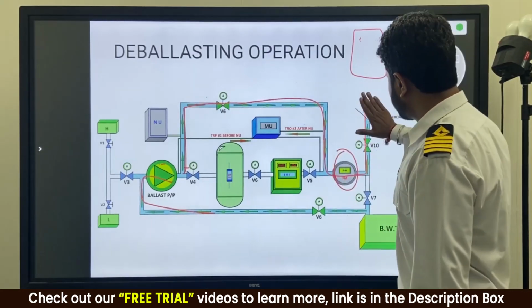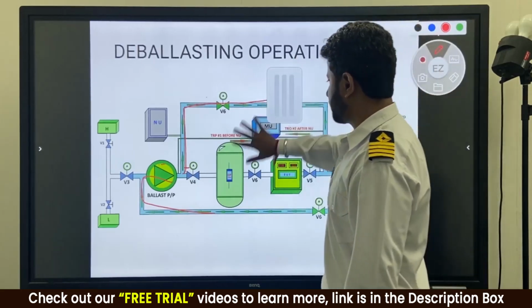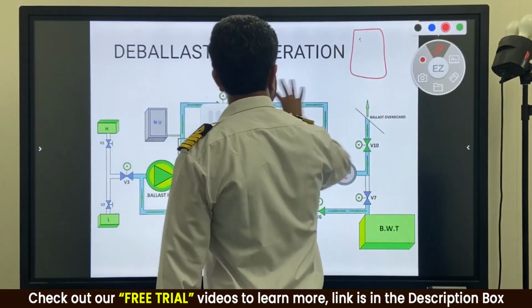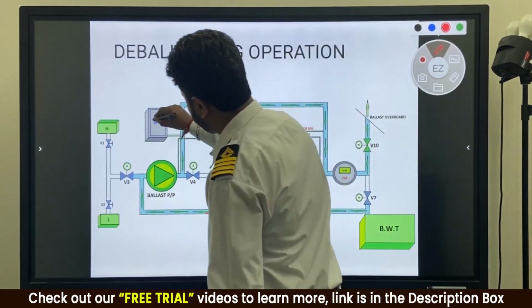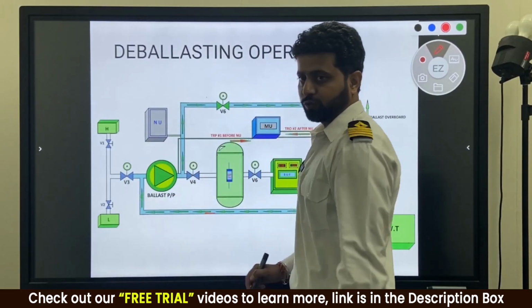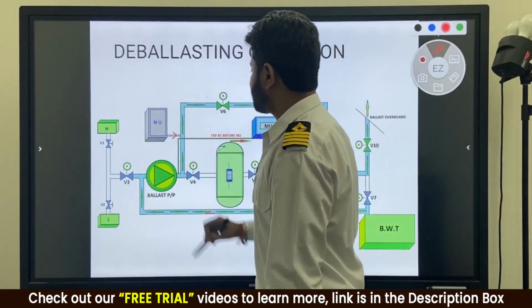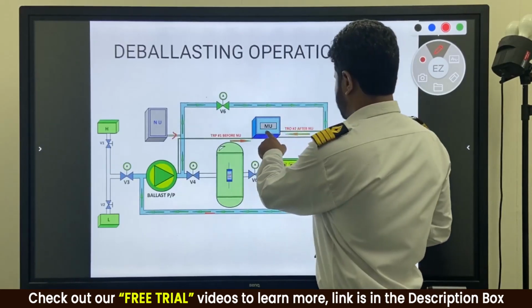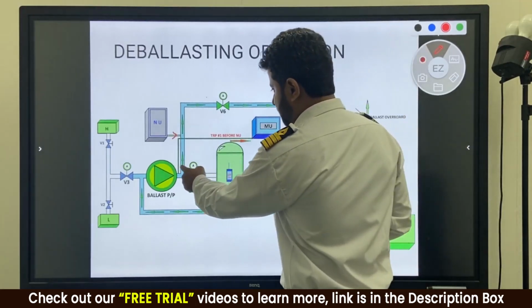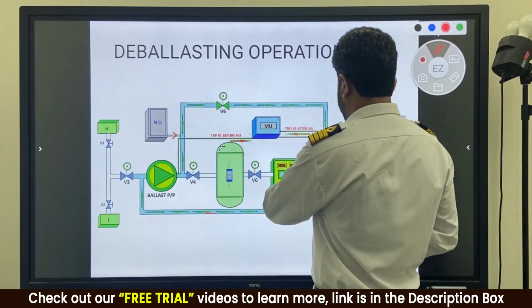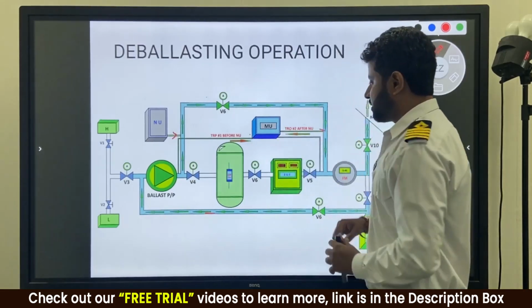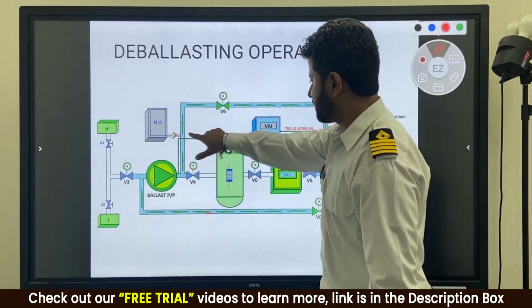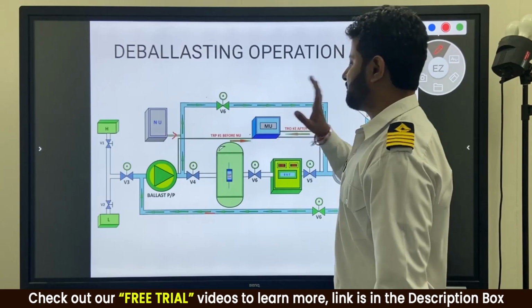But there are just two things that are important in the system right now. One is, can you see this NU? This is the neutralizer unit fitted over here, which is sending some sample over here. And another is, can you see this monitoring unit is in use, which is sending this sample over here, and another sample is coming over here. Now in deballasting, this sample is coming from over here and another sample from over here.